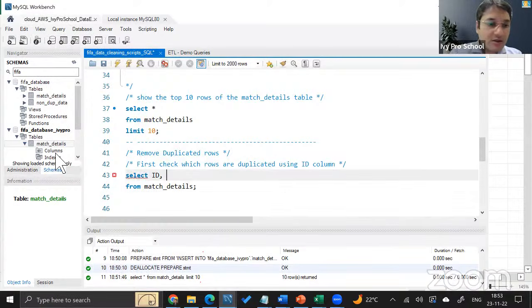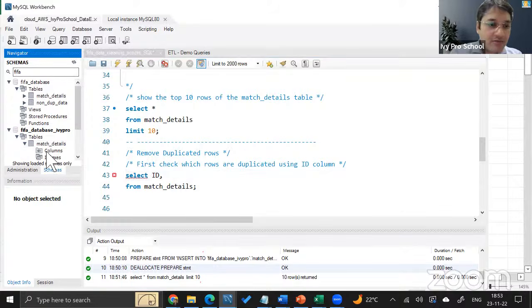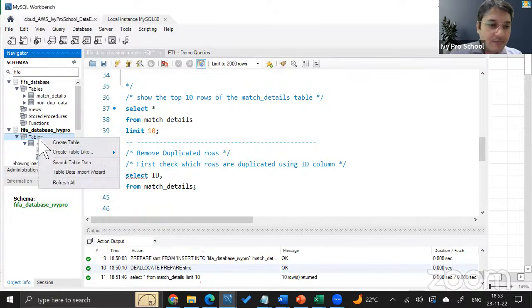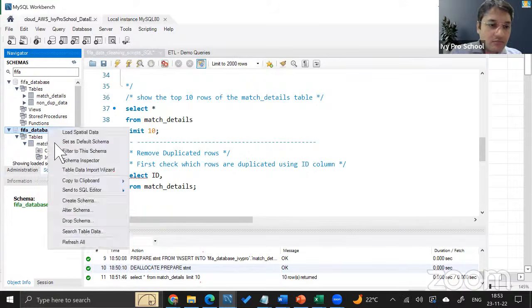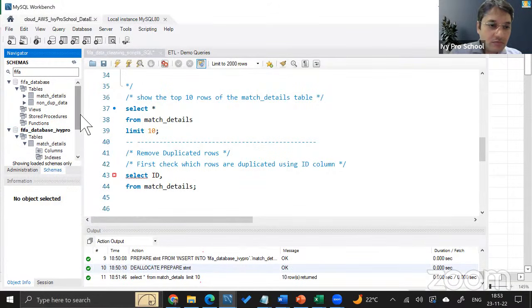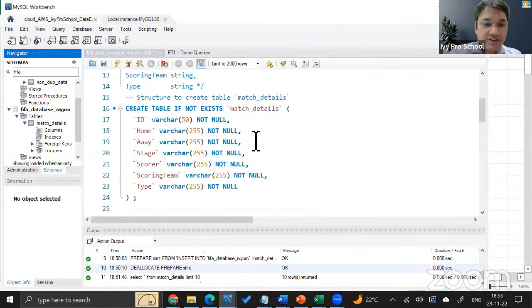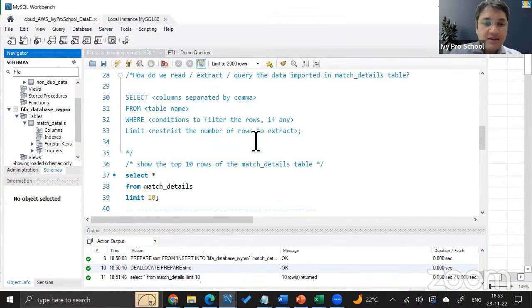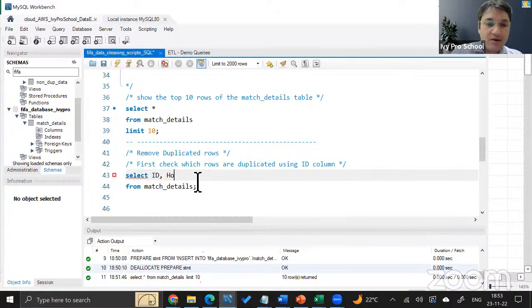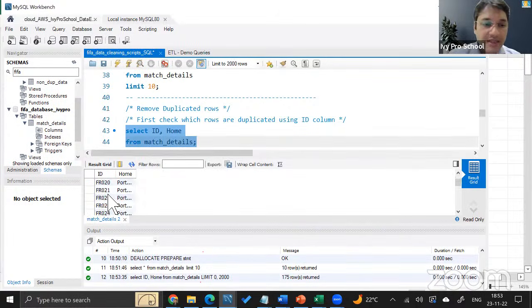If I use ID, comma, let's say what are the different columns that we had over here. Let me see. Refresh it. We got multiple columns here. If you remember, we had extracted ID, home, away, and all of that. So let's say if I say ID, comma, home. So here, if I select and control enter, it will give me ID and comma home. These are the two columns that it has extracted.